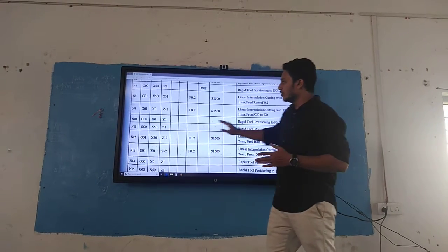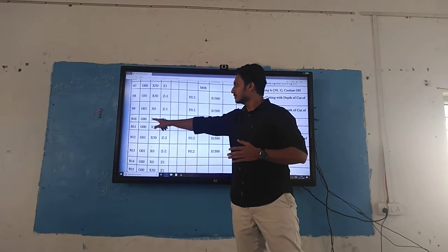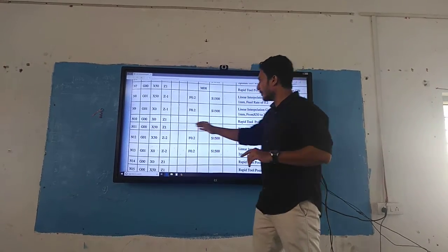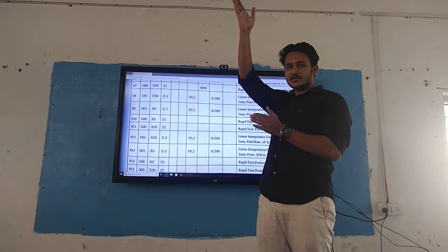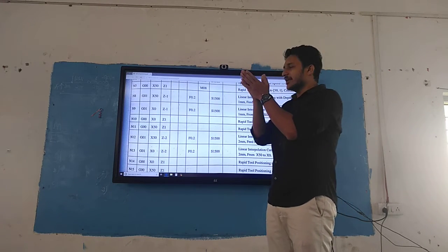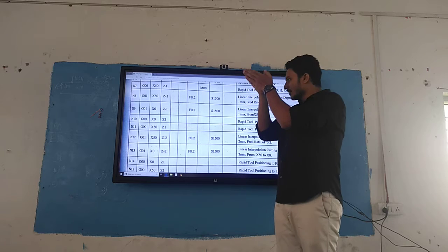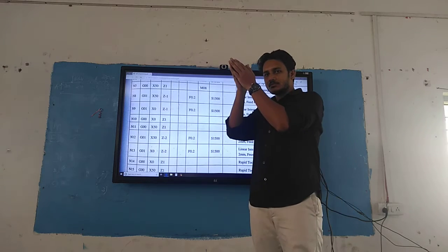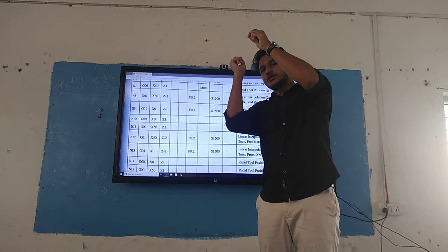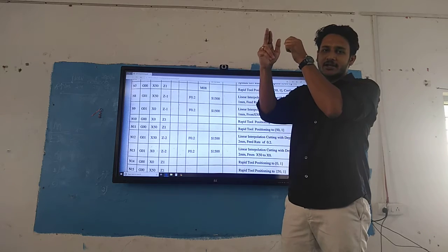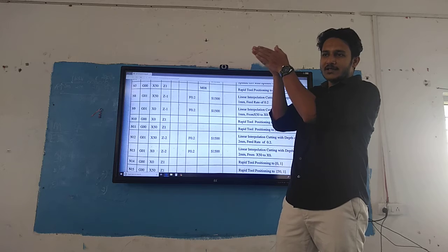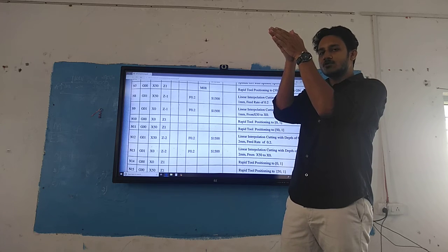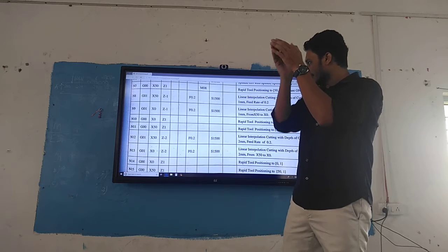Next time what I do? I'll go for rapid tool movement from x0 to z plus 1. Then the rapid tool movement to x50, the upper side, and z equal to 1, the same thing. Then I'm going for the linear interpolation of x50 but 2 mm in the negative direction. It means my tool has moved somewhere here 2 mm negative side in the z direction.